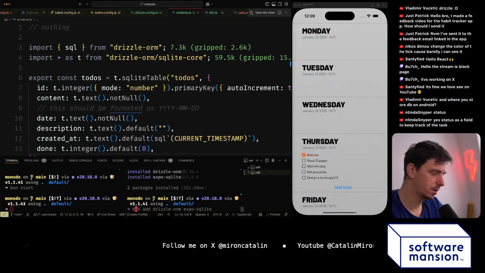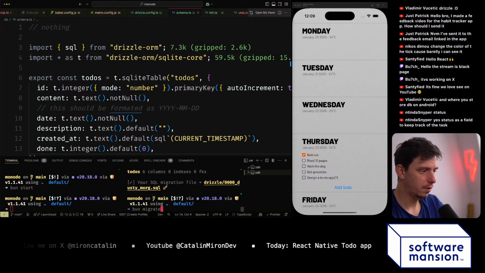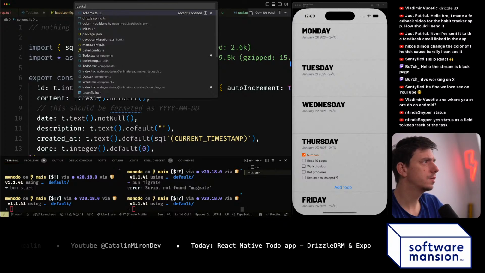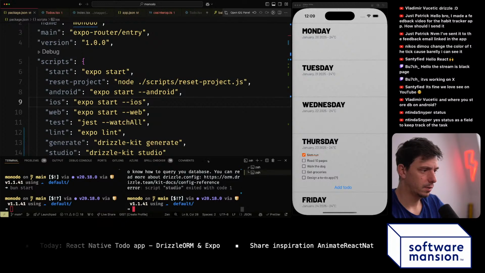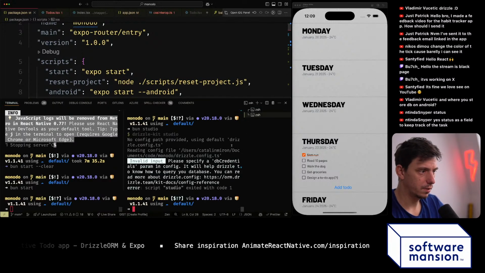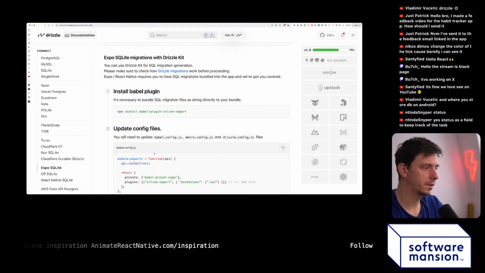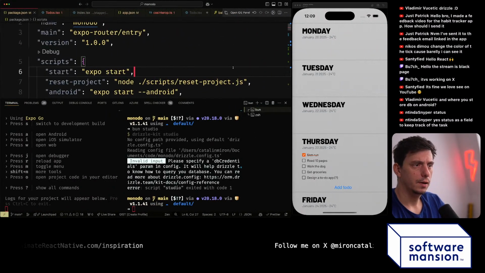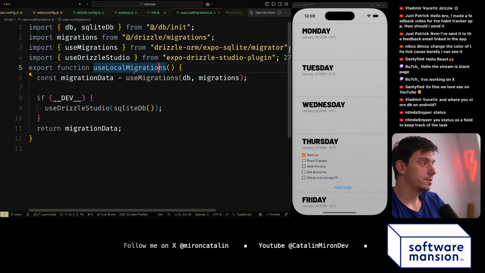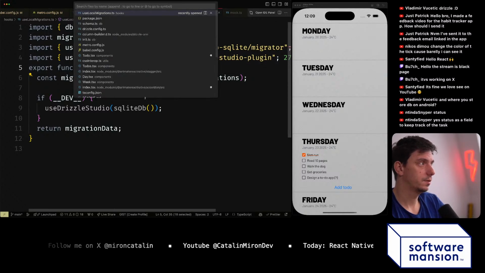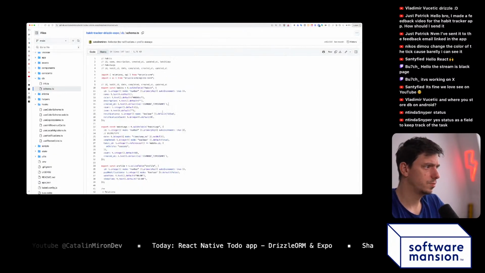Let's see if this is working. Bun generate. Yes, bun migrate. Bun, what's the bun studio? Wait a second, because I need to run the thing. And use local migrations. This use local migrations should be